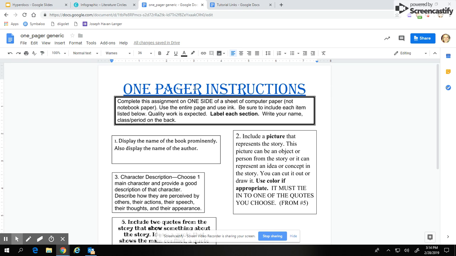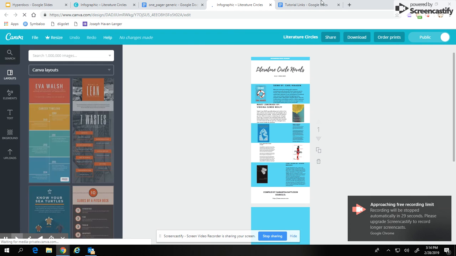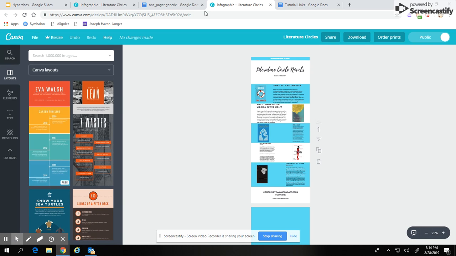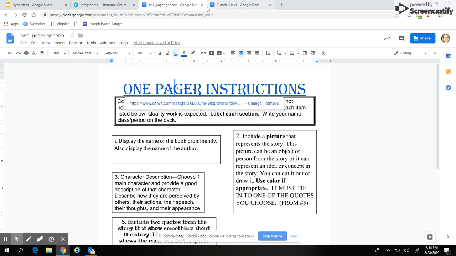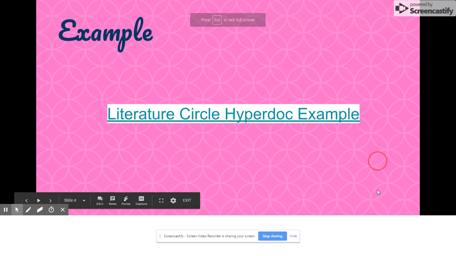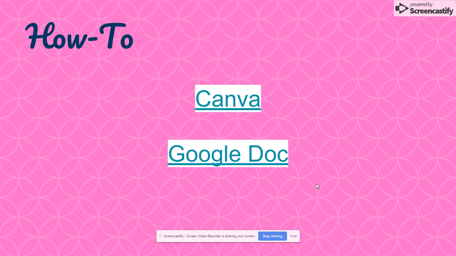In Google Docs, they do it a little different because when you click on it, you have to then go down and click again. But it takes you right to my literature circles. If I was signed out, I think this would be working better. But Hyperdocs, you can take it any direction you want to. They're very versatile. Let's see if there's anything else I had on here. I like Canva for professional presentations and Google Docs if you're trying to do something collaborative or something